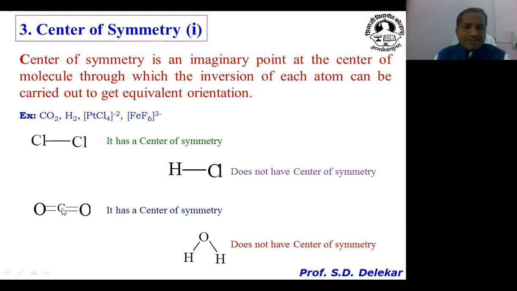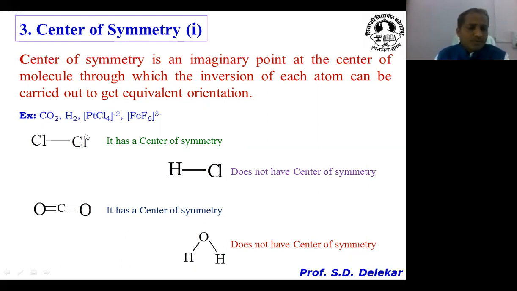Or the center of symmetry is also defined as, from a particular point, the like groups lie at equidistance. Means if these two atoms or groups lie opposite to each other, and the point lies at the center of the molecule, here one end is oxygen and this is another. These two lie at 180 degrees as well as both are equidistant with respect to this point. Then this point is said to be the center of symmetry or point of symmetry. So this CO2 possesses the center of symmetry.